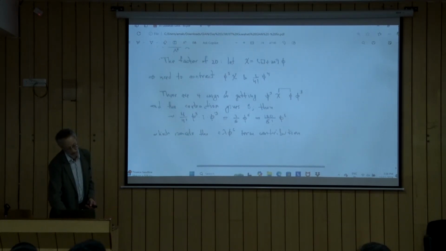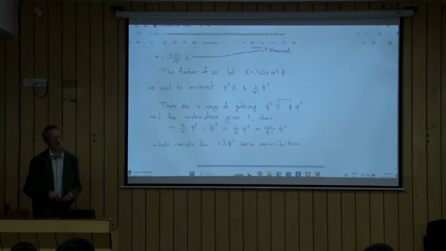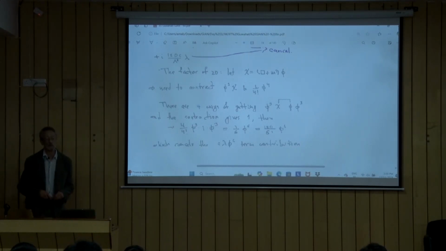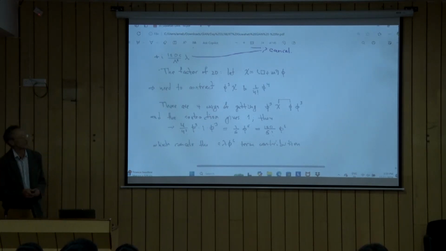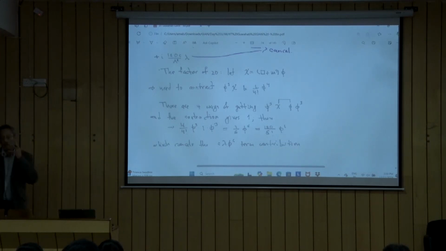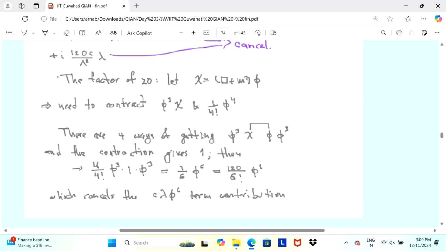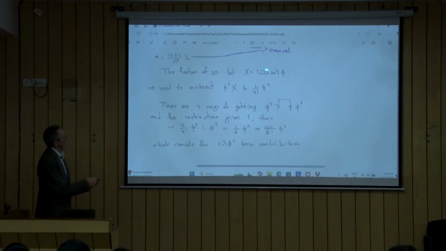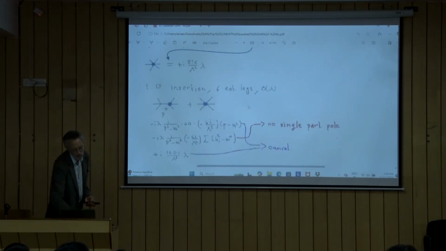I have an explanation here, but in my experience, trying to explain combinatorics is a futile exercise. It kills everybody, and in the end, everybody understands combinatorics in his or her own peculiar way of understanding how things arrange themselves. And so the way I try to understand it is different, considering this field chi and trying to see how many ways I can contract this phi cubed times box plus m squared phi,